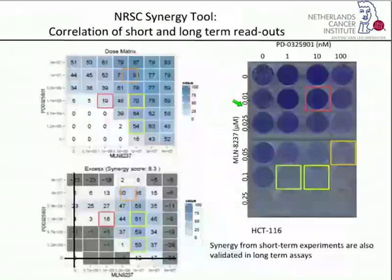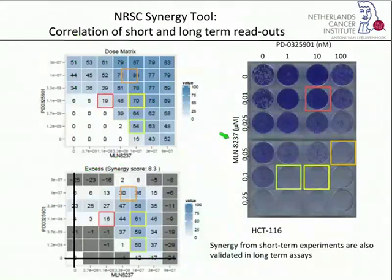So using these matrices, we can do experiments in a short term, as shown here. We have an experimental data set here, and the excess matrix here, and we can compare the results to long-term experiments, as shown here in a long-term assay. Now, in this case, when we checked the activities of 2 different drugs, in short-term and long-term, the results were